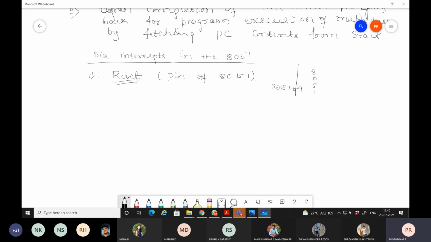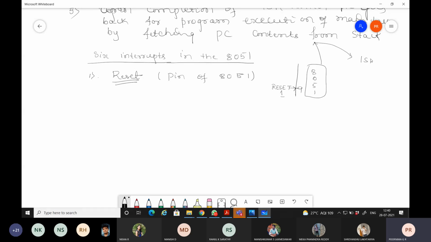Whenever there is an active high signal at 8051 pin number 9, that is considered to be one of the interrupts for 8051. When the reset interrupt occurs, the 8051 will undergo these processes before going for the interrupt service routine.